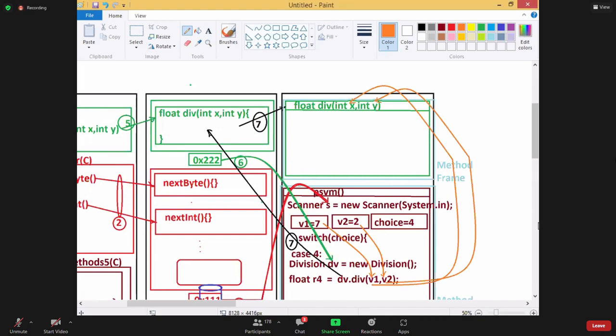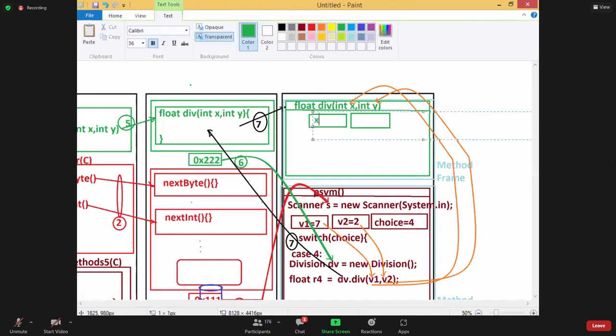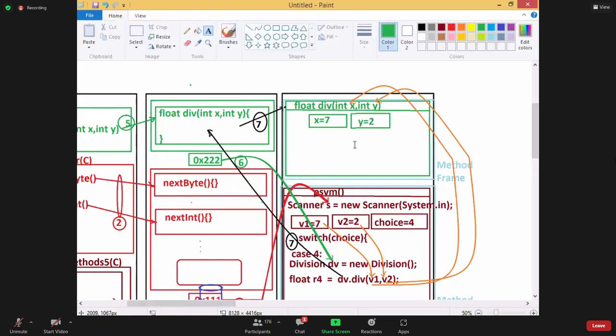Remember, X and Y are local variables, because they are declared inside the method div. So they are local variables. These local variables will get the memory inside the method frame. So X and Y. Here X is equal to 7 and Y is equal to 2. Getting or not now? X and Y. After that,